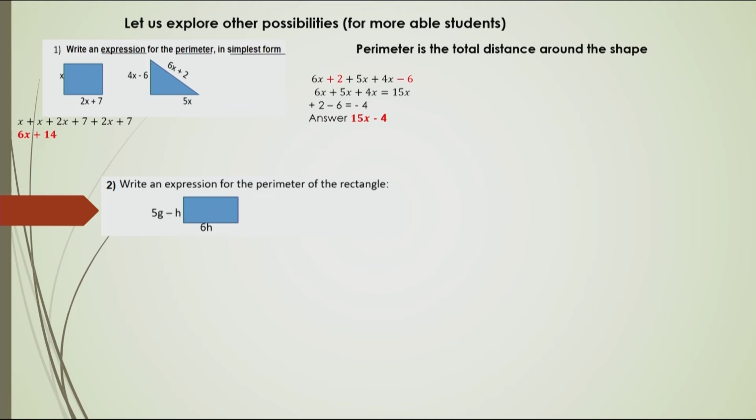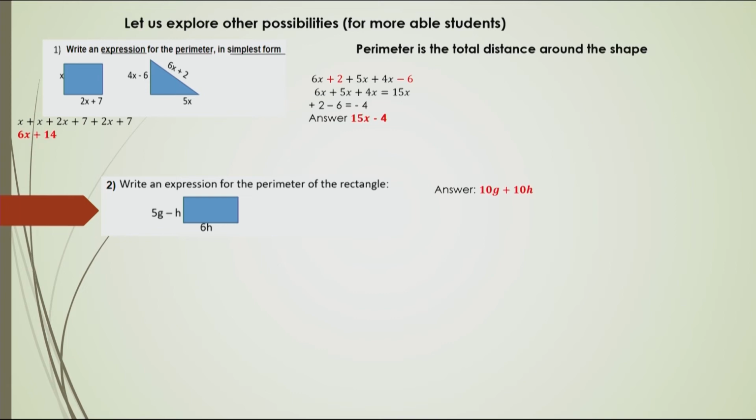Another example: write an expression for the perimeter of this rectangle. Put them together, the 2 sides. Remember, you've got 2 sides which are the same. So you've got 5g minus h plus 5g minus h, and similarly, 6h